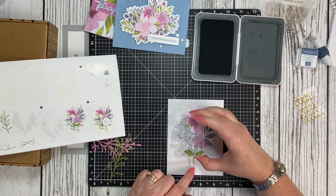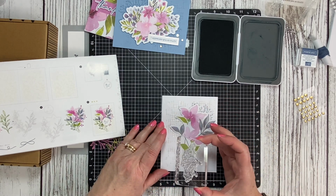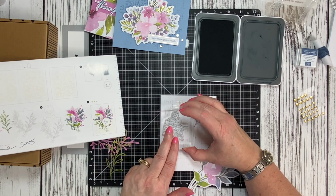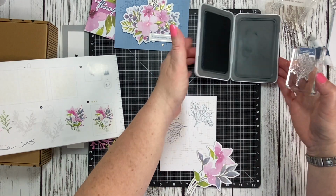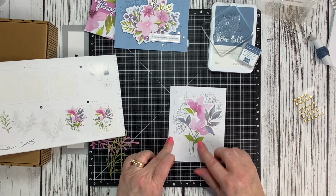And I'm gonna do one more here to the side, because I think this will just give it a little bit extra. Whoops, gotta hold on to the card base and just move the flower. So let's move the flower out of the way, and on we go. And I think this looks pretty. And now we can start with our little